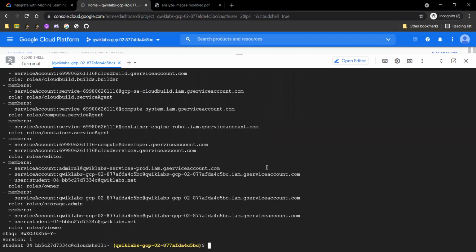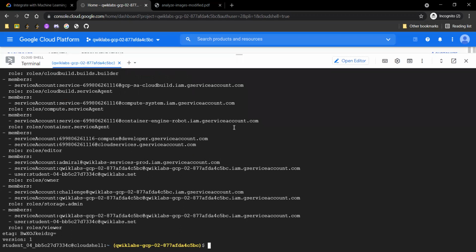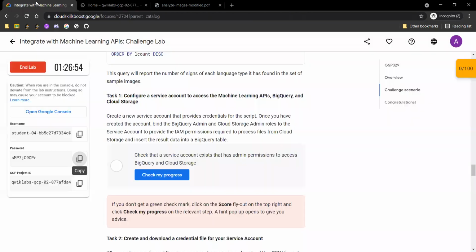Now we will add the storage admin role into our service account. So this adds the role of storage admin. The storage admin role is also added.